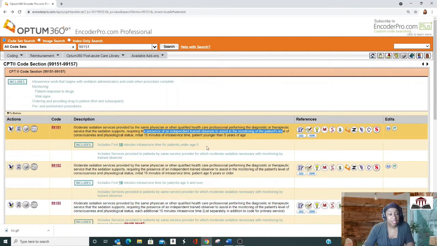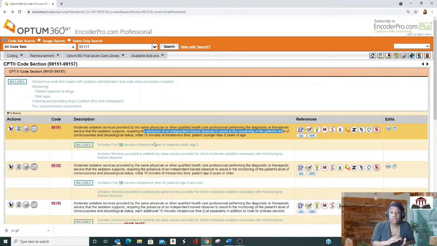You have to have an independent observer, because while you're focusing on getting the chest tube in the patient's chest and guiding that and making sure you don't hit any structures that you're not planning to hit or anything like that, someone has to keep their eyes on the patient's monitoring and their vital signs. This is why when we talk about intra-service time, it'll make more sense. This is why when you do the pre-sedation evaluation, you have to do that interview to find out what medical problems the patient has.